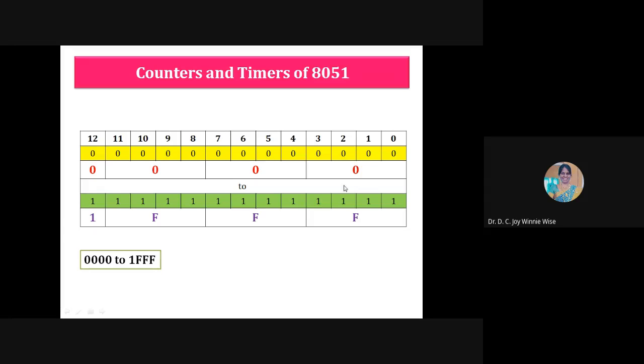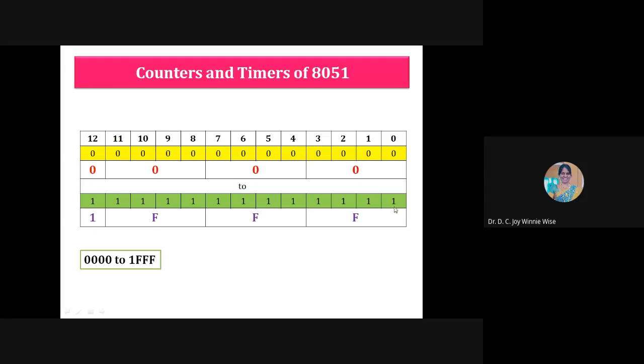Combining as 8421, 4 bits combined we get 0, 0, 0, and 0. Bits 13, 14, 15, 16 are don't care; we are not going to bother about this. The maximum value is when all the bits are 1. Whenever we find a range, whether it is 8 bits or 4 bits, the minimum value is all the bits 0, and the maximum value is all the bits 1.